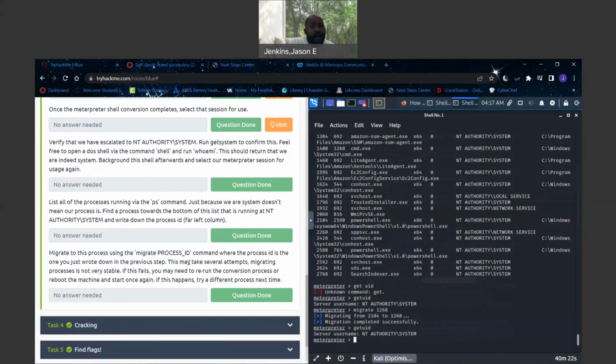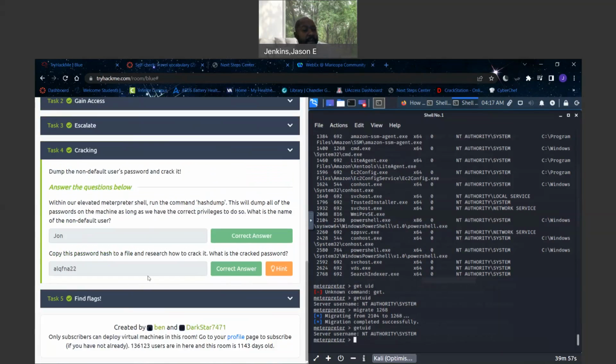Migrated from that not really unstable, but not so stable process that we got into to a different process, which is going to last for this exercise, which is good. And I chose the spool service, which was always running. That's an always trusted service to be running. So let's get cracking